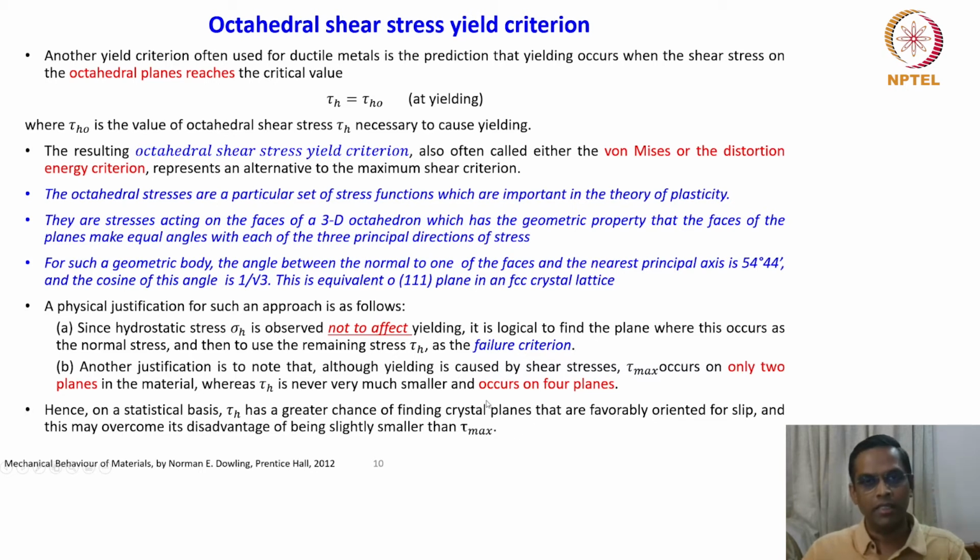So the shear stress which is going to cause the slip also depends upon several other factors like orientation of the crystal with respect to the axis of loading and so on. We will see those things when we look at the plastic deformation in much more detail. And taking this shear stress for a criterion, why we take shear stress for a criterion to predict the yielding, this is one of the reasons, right?